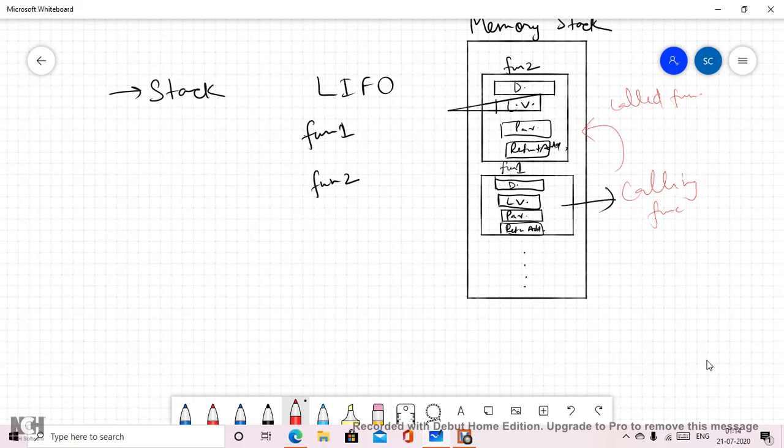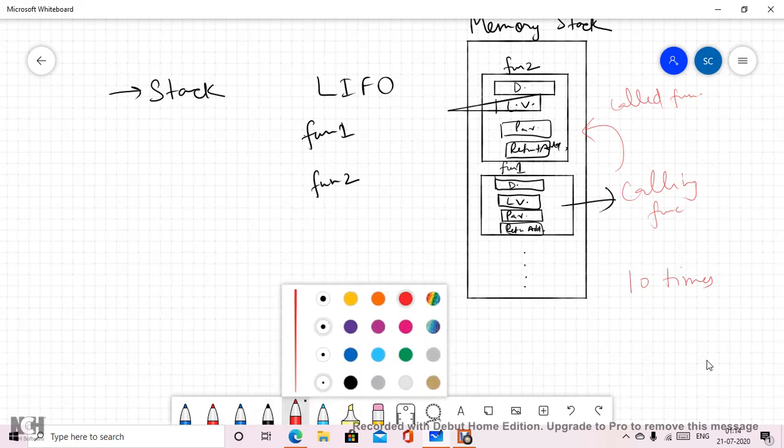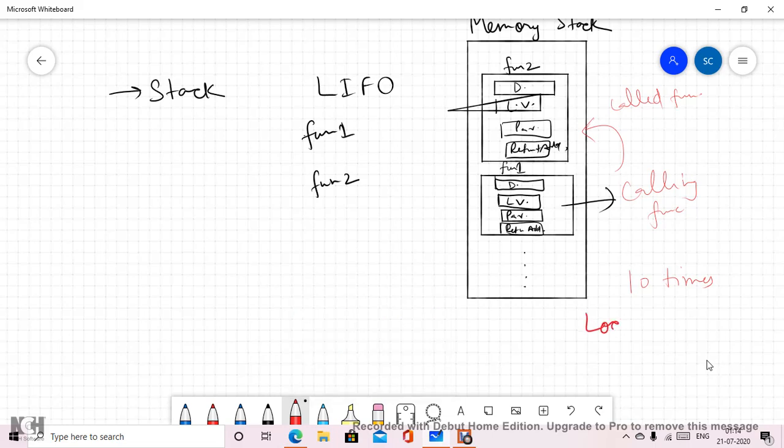Now suppose recursively 10 times if we have this recursive call, so in the stack there will be 10 allocations, and every time the local variables will be different. Okay, different for every function.